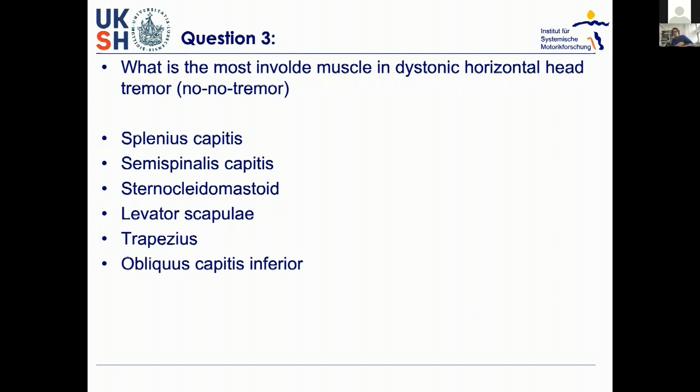Okay, this is really interesting, and please hold this slide a little bit. Okay, the most chosen answer was sternocleidomastoideus. And this is quite interesting because this is a very obvious muscle because we can see it. And the second choice